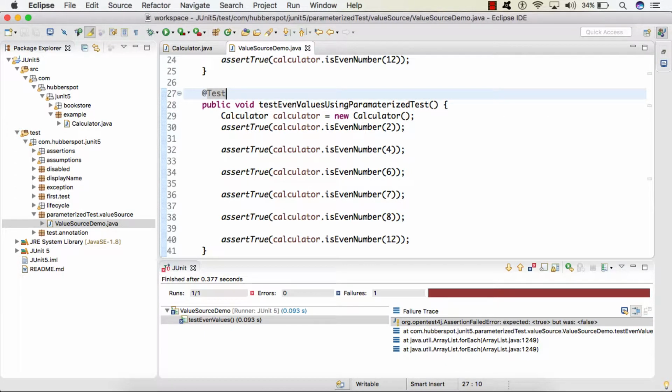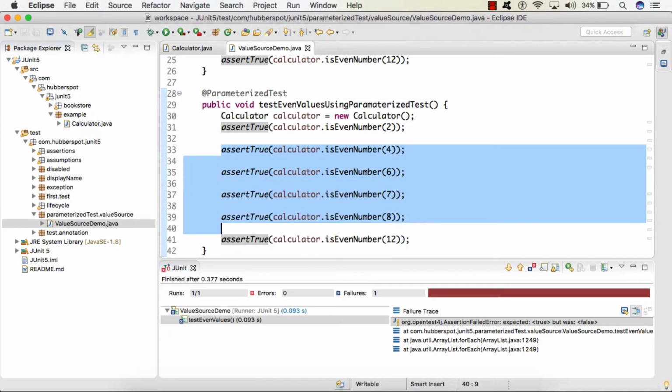And here instead of @Test, we will be providing @ParameterizedTest, because we want to execute this method by passing in different parameters. So we need to annotate it with @ParameterizedTest. So let's say I remove these asserts.